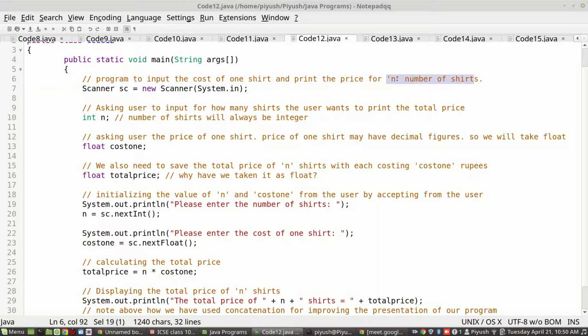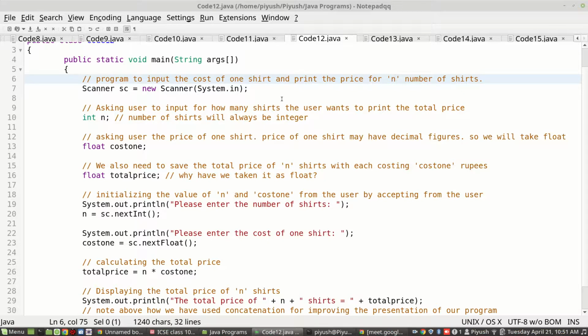That is, I am saying n number of shirts, and your program should display what is the total cost of all the shirts. Let's say cost of one shirt is 500 rupees and user has purchased 10 shirts, then your program should display the total price of 10 shirts is 500 into 10, that is equal to 5000 rupees.